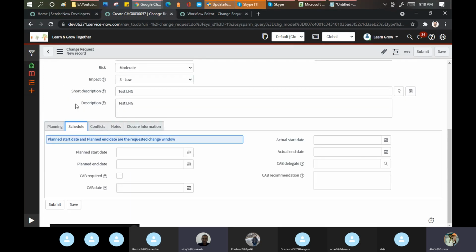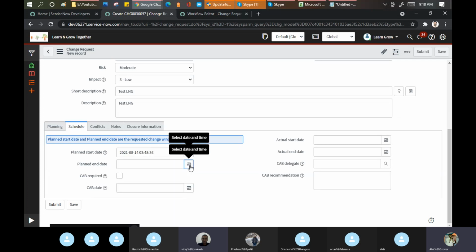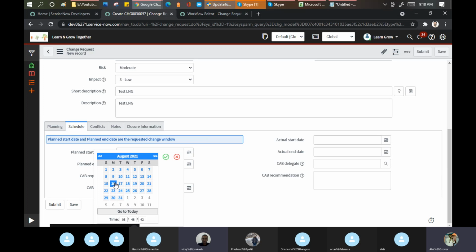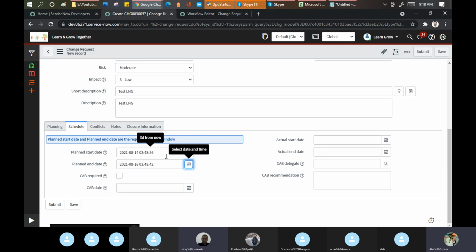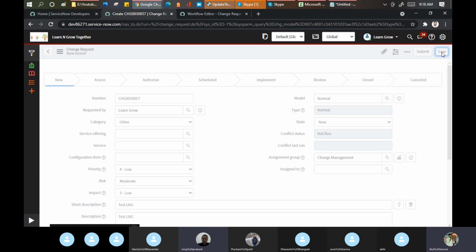Schedule: in the next 2 or 3 days she needs to take approval from her father, and she told the mechanic she will come on the 14th of August to hand over the bike, and the mechanic said he will give it back on the 16th of August. Okay, and then I click on save here.